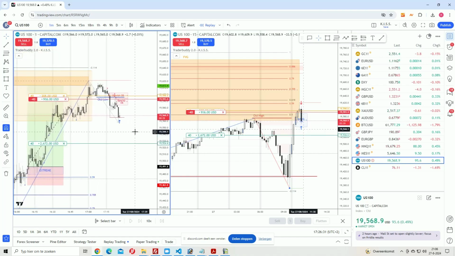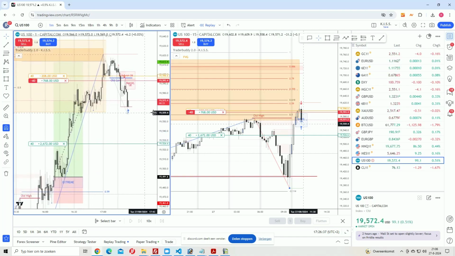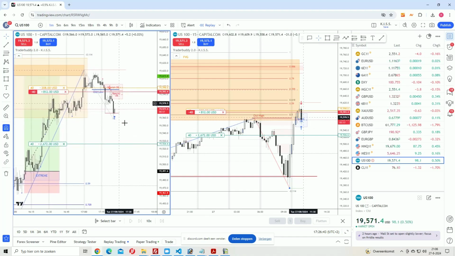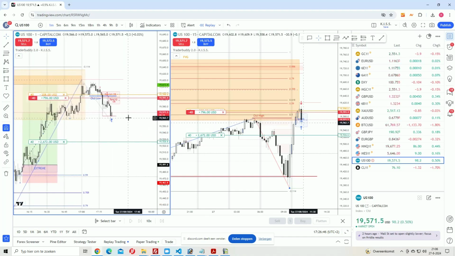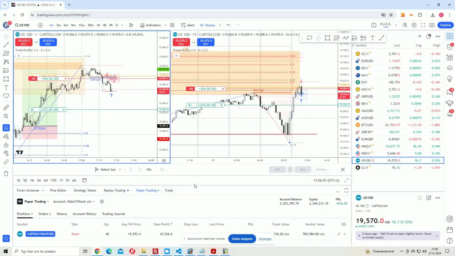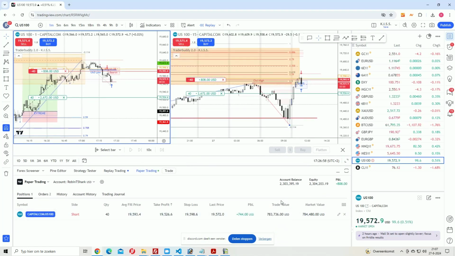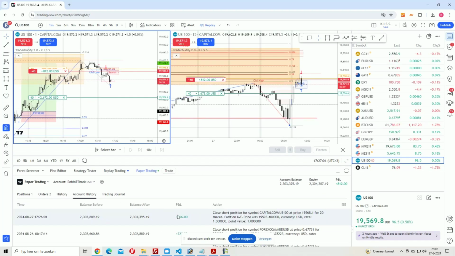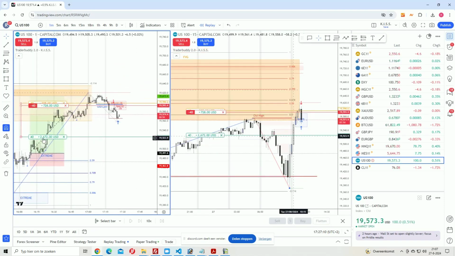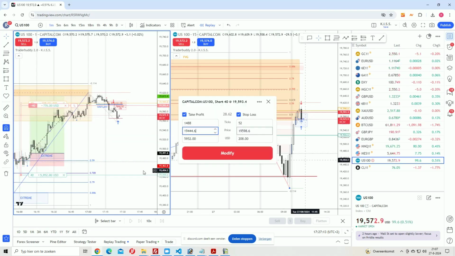But it doesn't matter. If you have a solid entry rule like this on the 1 minute, like I did here, you can either close the trade for a very small scalp, or take something off so that your risk becomes very low. Because I took off, I don't know, 20 or something. Let's see, where is it? Yeah, it's 800. No, this. Where is it? Account history. 500 profit, and now I only have 200 risk. Yeah. But the potential is way bigger, because potentially we go all the way down,